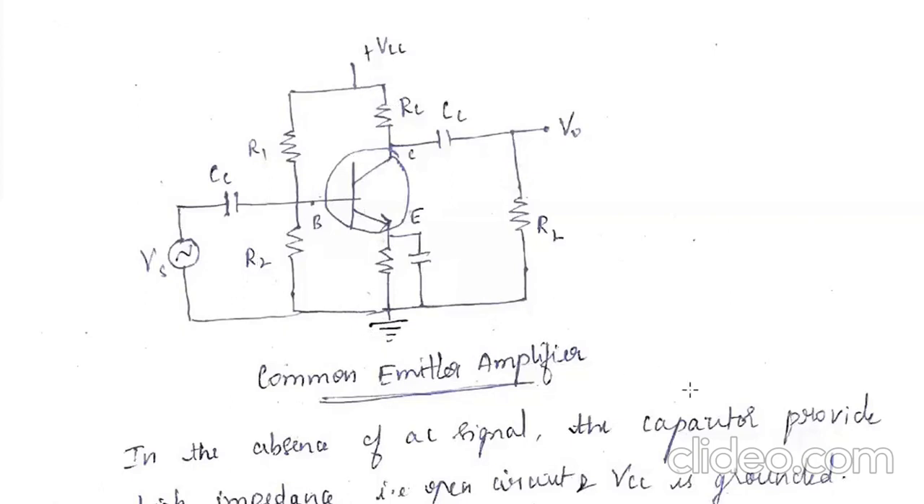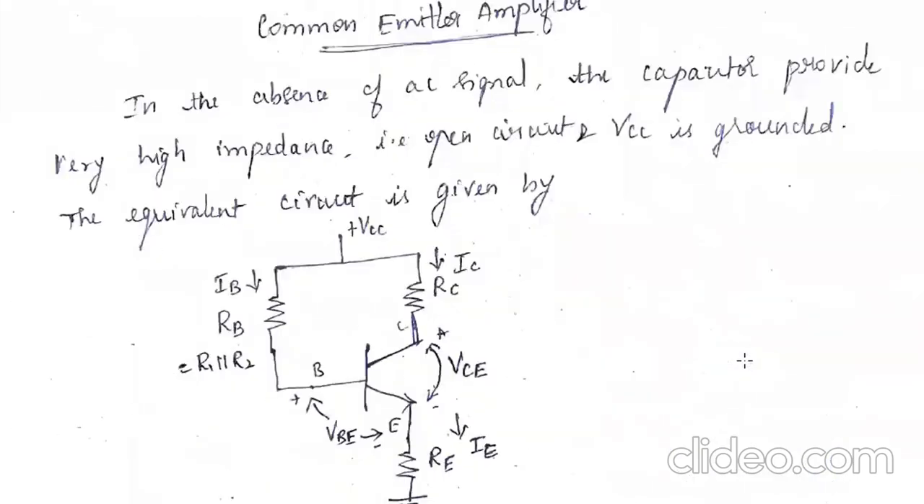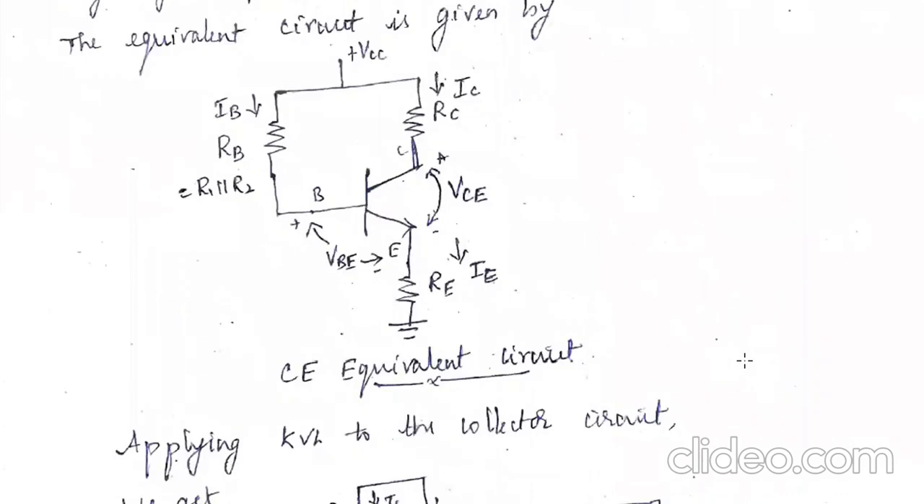Now let us see how to draw a DC load line from a fixed bias circuit, which is shown here. So this is a fixed bias circuit. Now let us see the operation of fixed bias and how we draw a DC load line of a fixed bias circuit. So RB is nothing but the resistance that is present between the base terminal and the VCC,